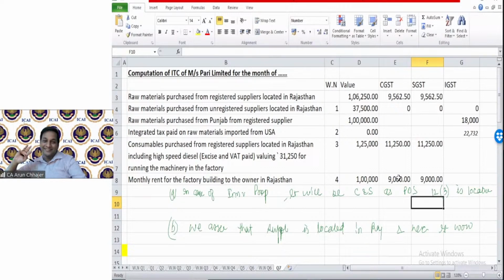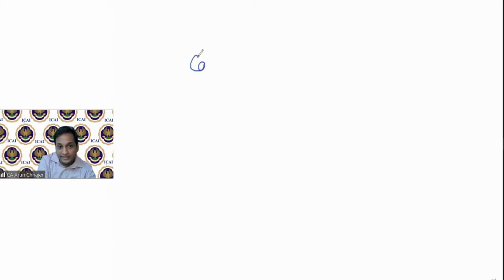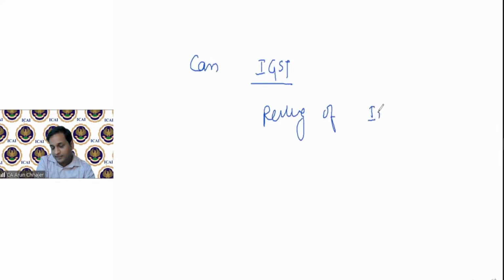I have received all three answers. One is saying A is correct, one is saying B is correct, and one is saying both. Now, fine, no problem. My another question: can IGST be charged on the renting of immovable property? This is my question which I would like to ask, but before that,